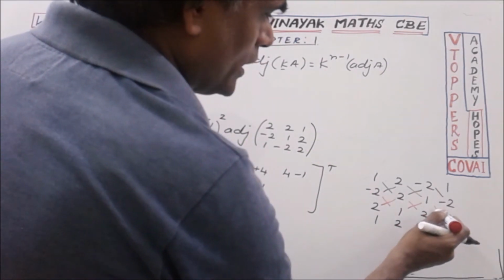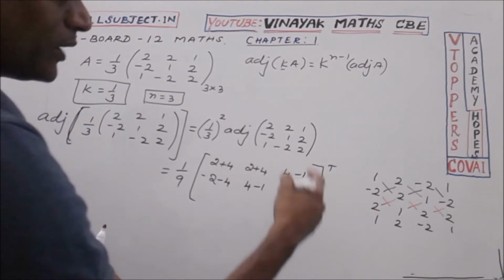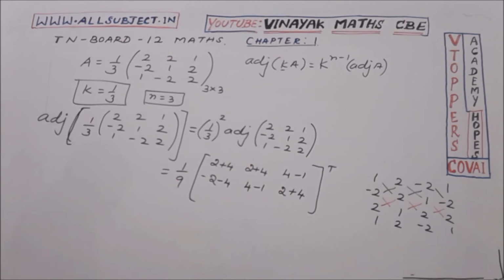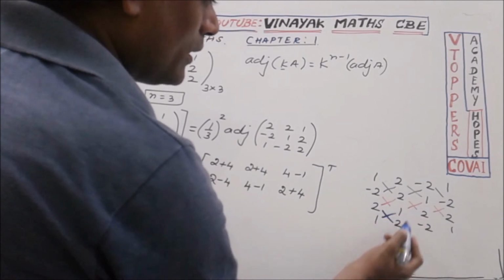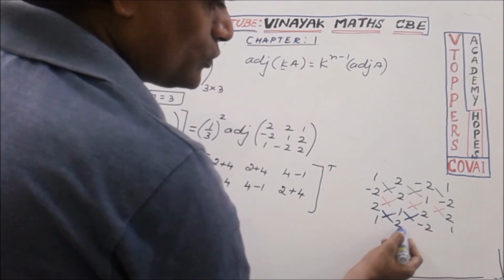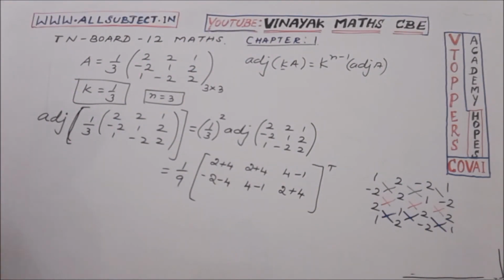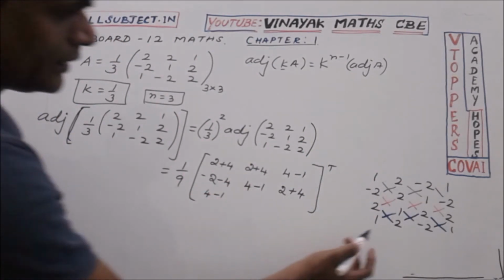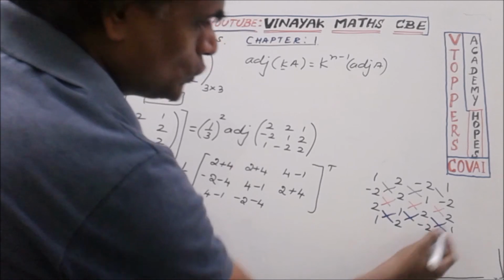Here 2 into 4, 1 into 2, 2, then when we multiply these two, minus 4, it will become plus 4. And then now we are moving to the last one, taking the last 2 rows and cross multiplying the 2 with 2, 4, and 1 with 1, 1. 1 into minus 2, cross multiply these two, 4, is minus 4. Then 2 plus 4. So writing the answers here, 2 into 2, 4 minus 1, and then here minus 2 minus 4, in the last row 2 plus 4.